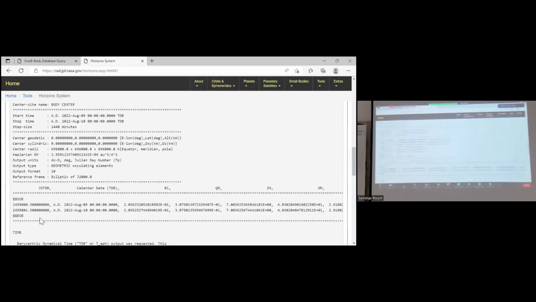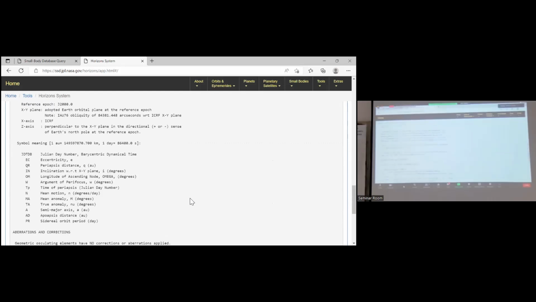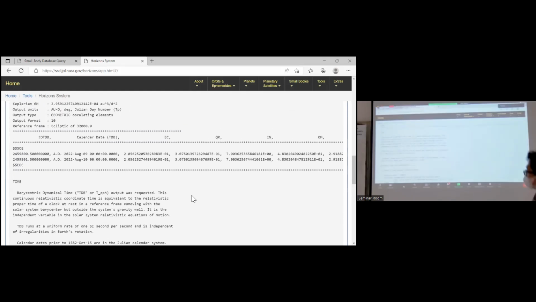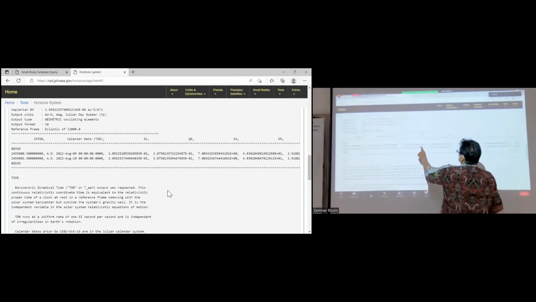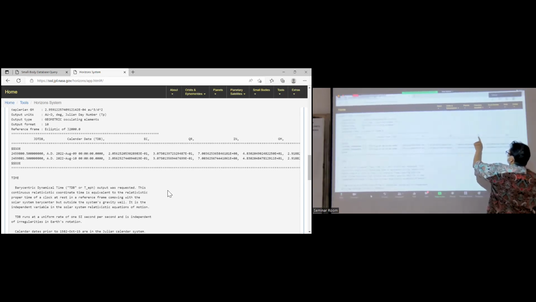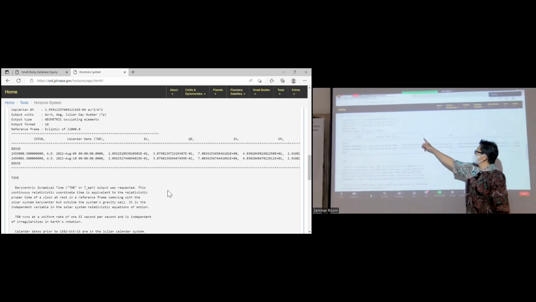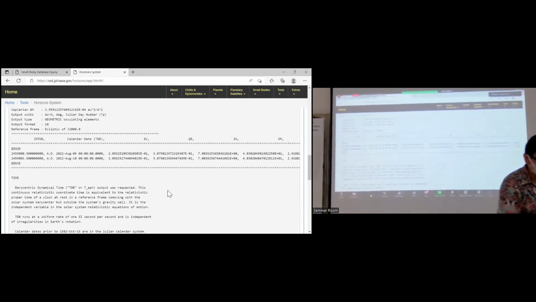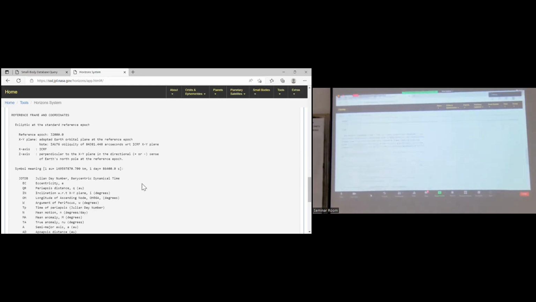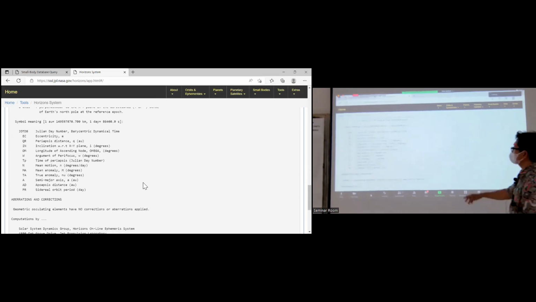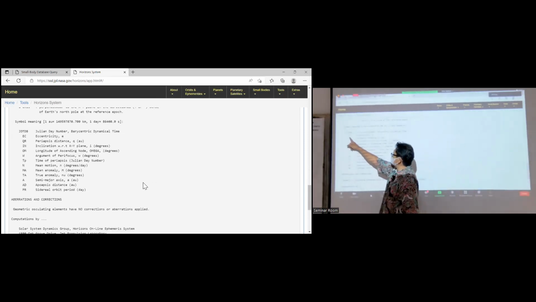Okay. So, you will have here EC, PR, IN, PM, and so on. This notation, you should know from this one at the bottom. EC means eccentricity. QR means periapsis distance.